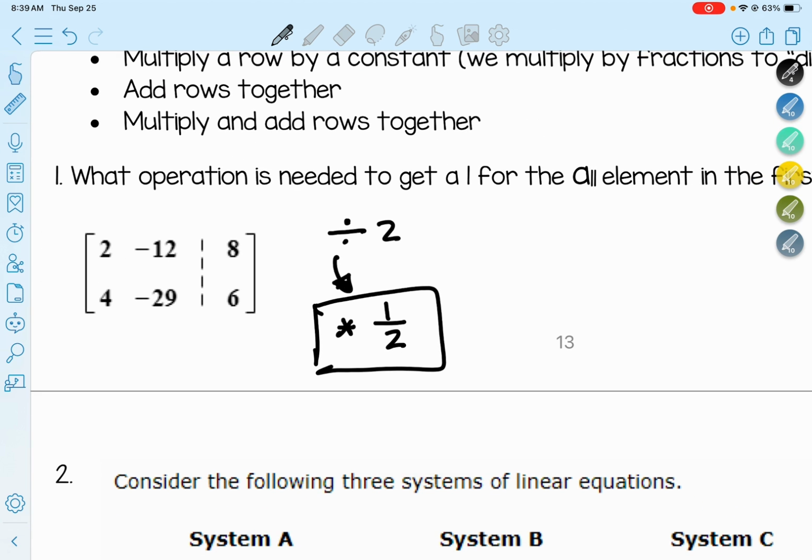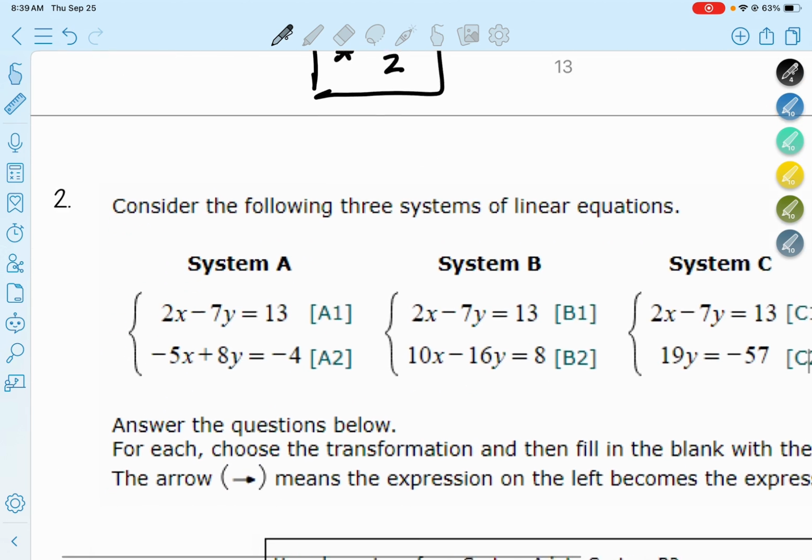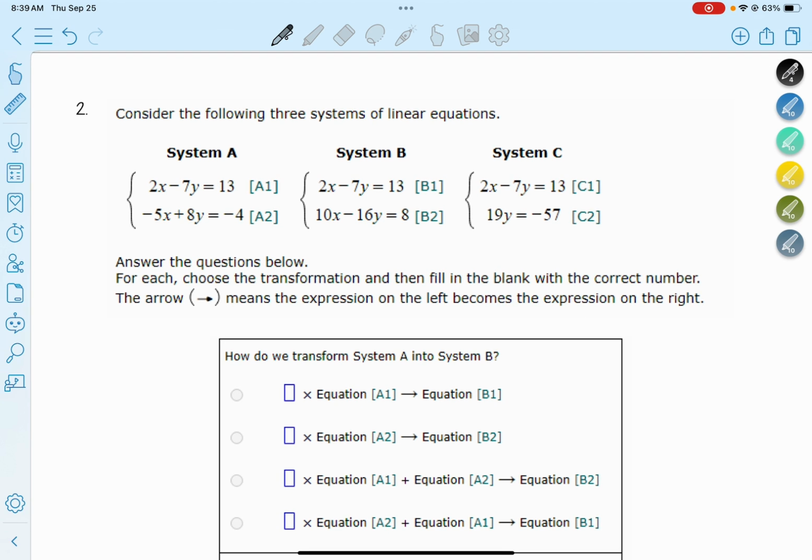So we don't want to think about division. We want to think of multiplying by the reciprocal. So let's look at this, for example, with number 2 on this next page. If we look, they've given us the same system in A, B, and C, and we want to figure out